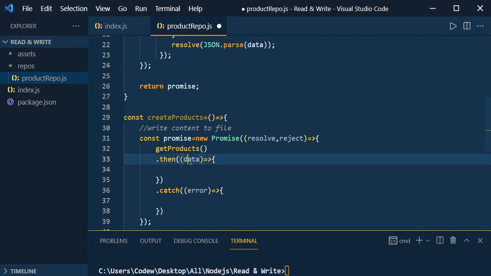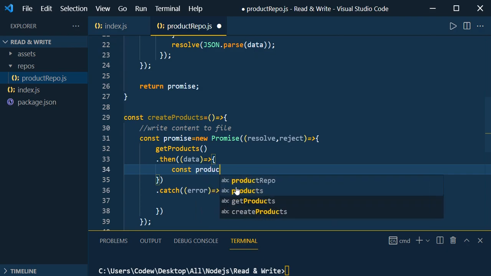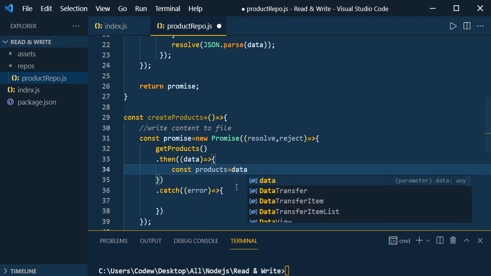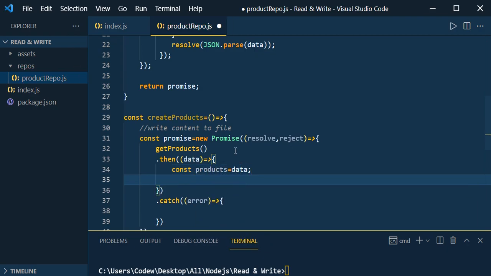So once you got the data, now we get the array of JSON data, we know that. So const products equal to data, and this createProducts will always receive the product, right? So product. So once we got the array of JSON data, we are going to push our product.